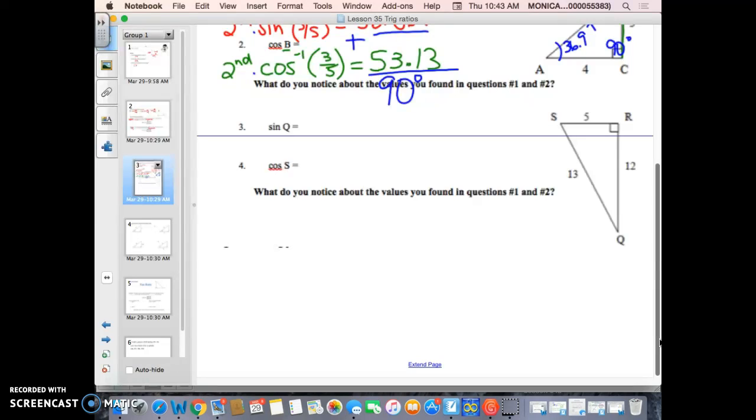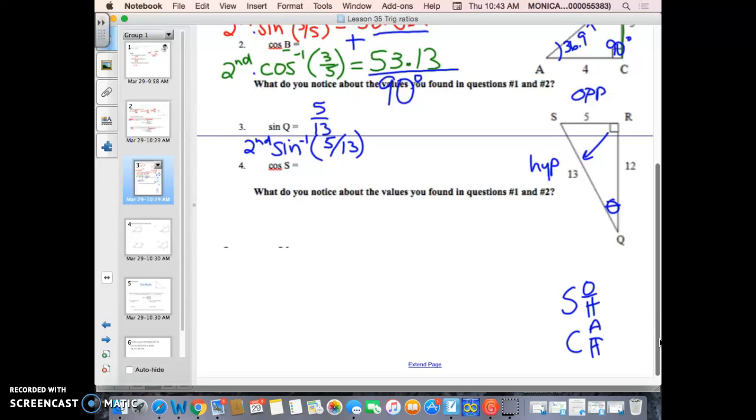So I've got the sine of Q. I'm going to first put my theta symbol here because that's where I'm going to look first. And again, sine, that's another way you can write your ratios. So it's opposite over hypotenuse. If I'm looking at the sine of Q, the side opposite is here, and this is the hypotenuse. Again, I know that because it's across from the right angle. So it's 5/13. I'm looking for the angle, so I'm going to have to hit second, sine, -1, parentheses,